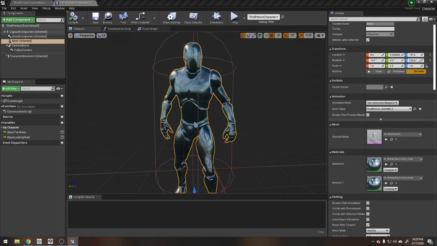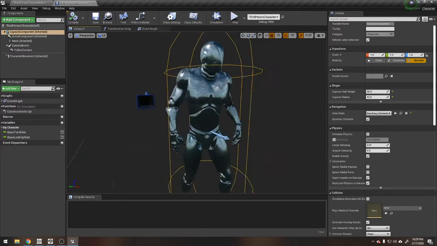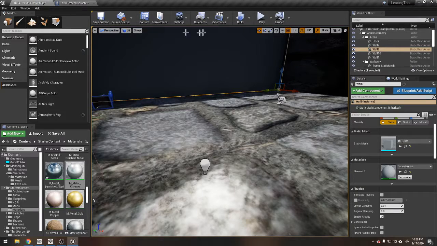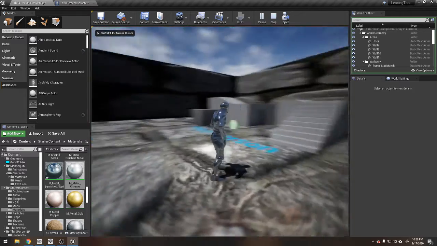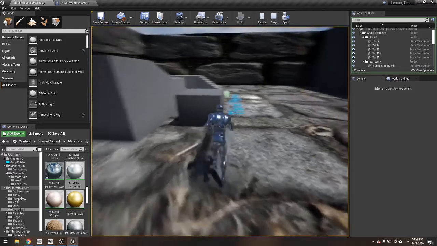So last time we changed the material of the character. Got him with this little chrome look, and we can actually see that in game. So it looks more bionic now. Looks like